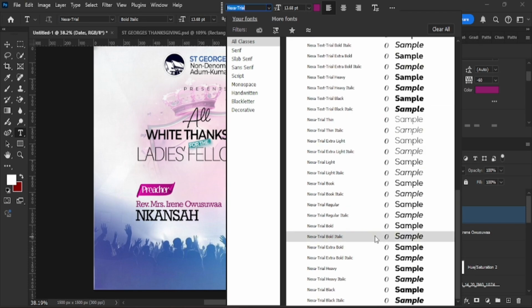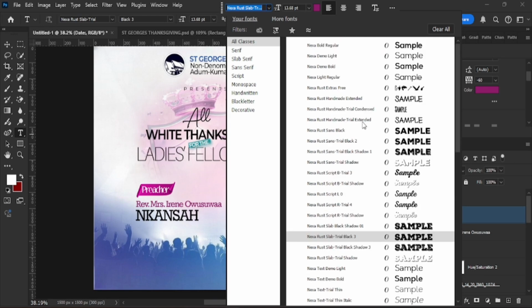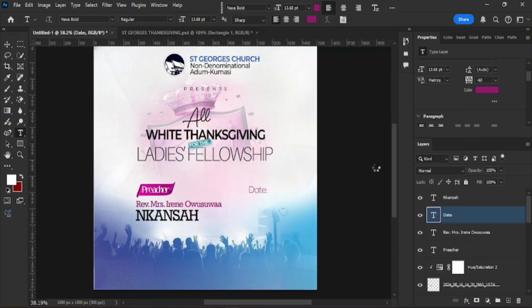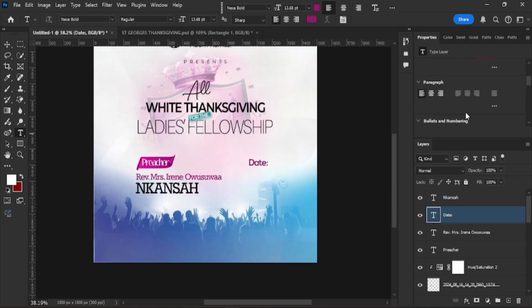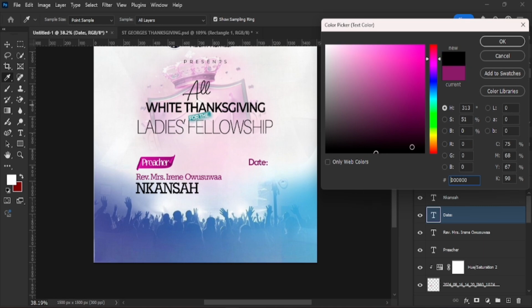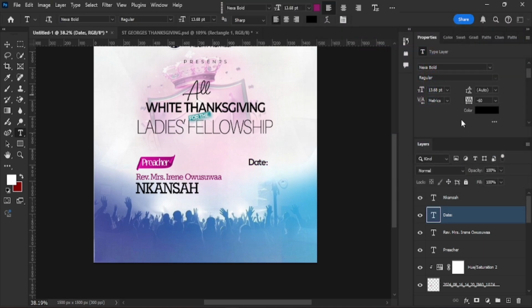I think I've not installed Nexa Sans yet, so we go by any Nexa font here, but any Nexa font will do. I think Nexa Bold regular will do. All right, but we change the color of the font to black and all bold. We're bolding it here. All right,